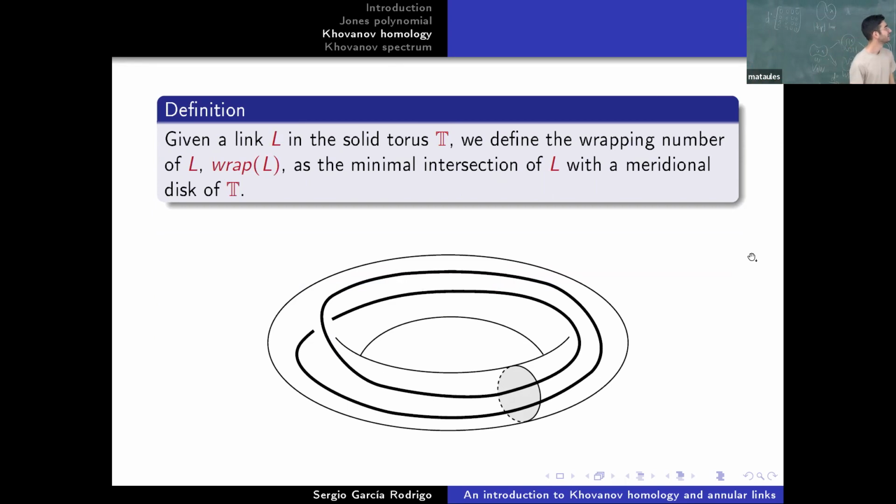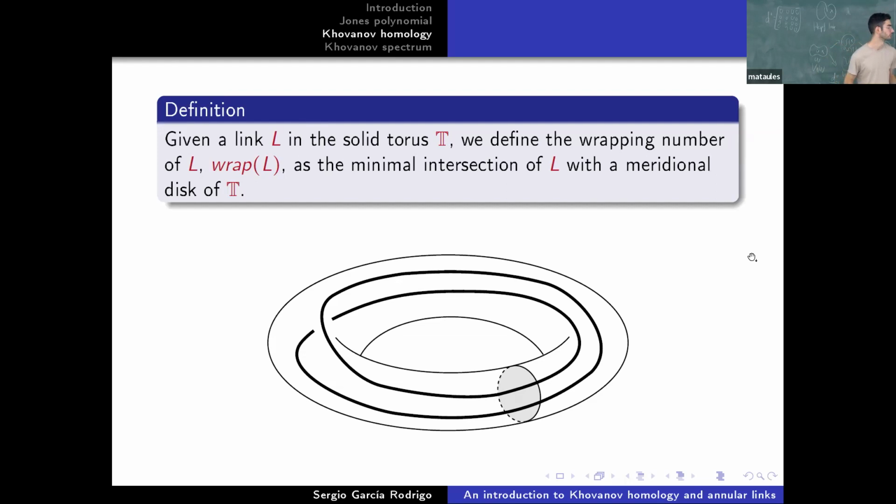Okay. And to wrap this up, I wanted to introduce two conjectures. Okay, so we work with the thickened annulus, but we can see this just as a torus that is solid. Okay, it's the same. An annular link is a link inside here or inside a solid torus. And we define the wrapping number of a link as the minimal intersection of this link with a meridional disk